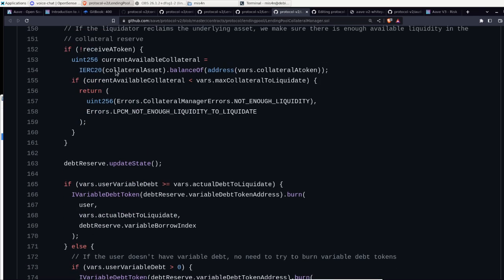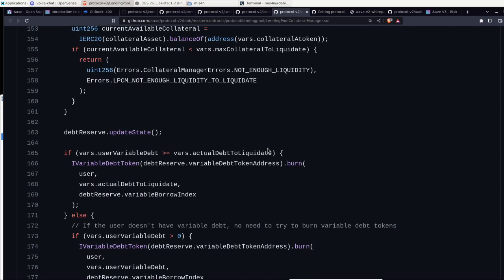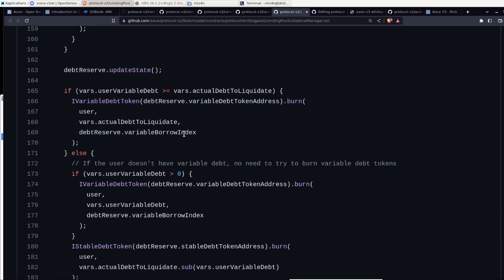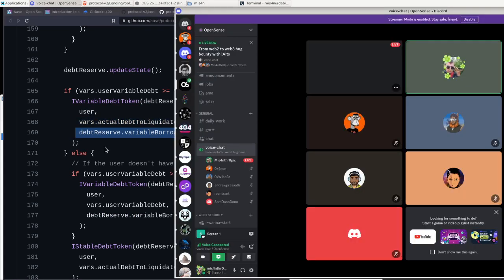Now, after we do this operation, we go and update the state. And then we have another if here that says that if the user variable debt, meaning his debt in tokens, is bigger or equal to his actual debt to liquidate, I'm simply going to burn the debt token. So the user is calling the liquidation, so I'm going to burn all the debt from the user. There's a variable borrow index here. No idea what that does, but